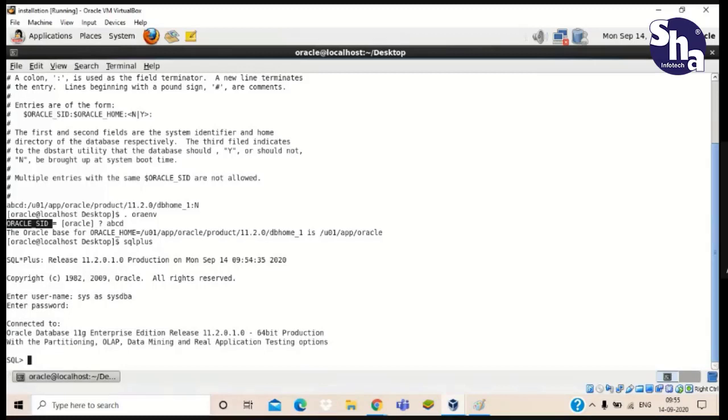Means while using the username, we have to use sys as sysdba. For now, you can assume that sysdba is our group and sys is our user. Later you will get to know more about sys.